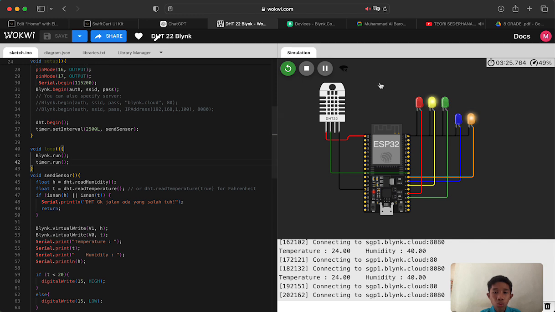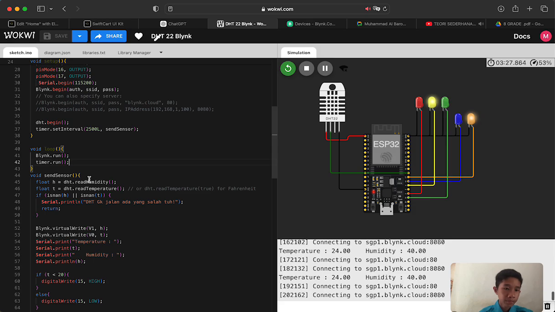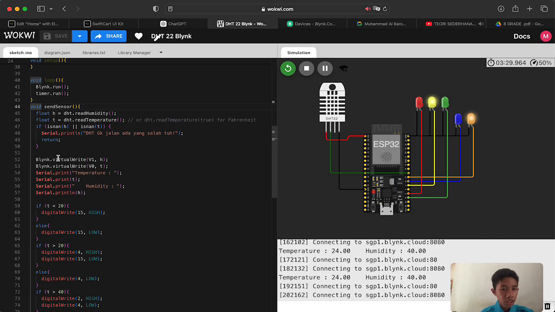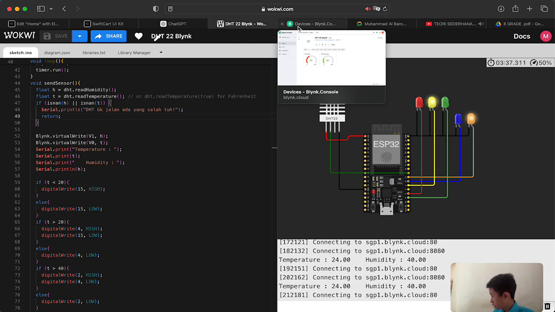So if you start the code, the device in your Blynk can work. Okay, and after that void sensor, in here there is serial print for error condition, so you can add some message on your Blynk, and you can use it also for your phone.